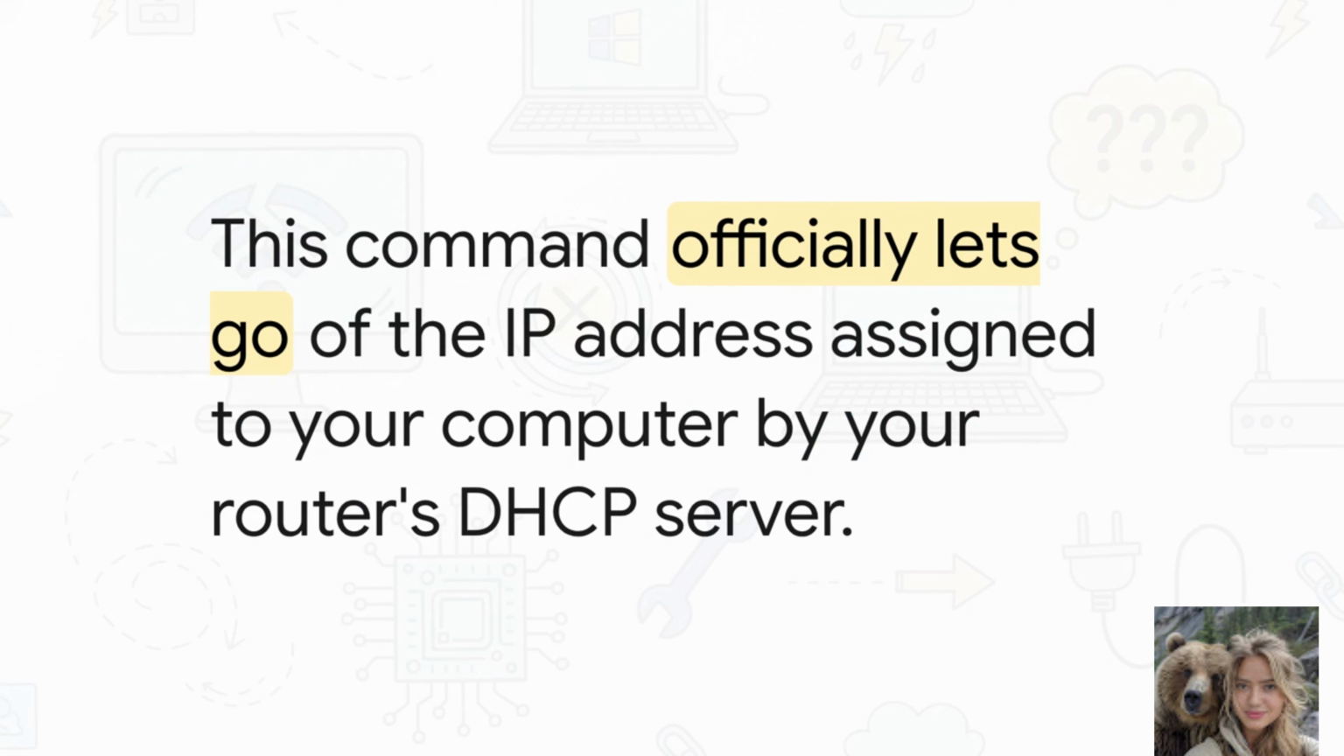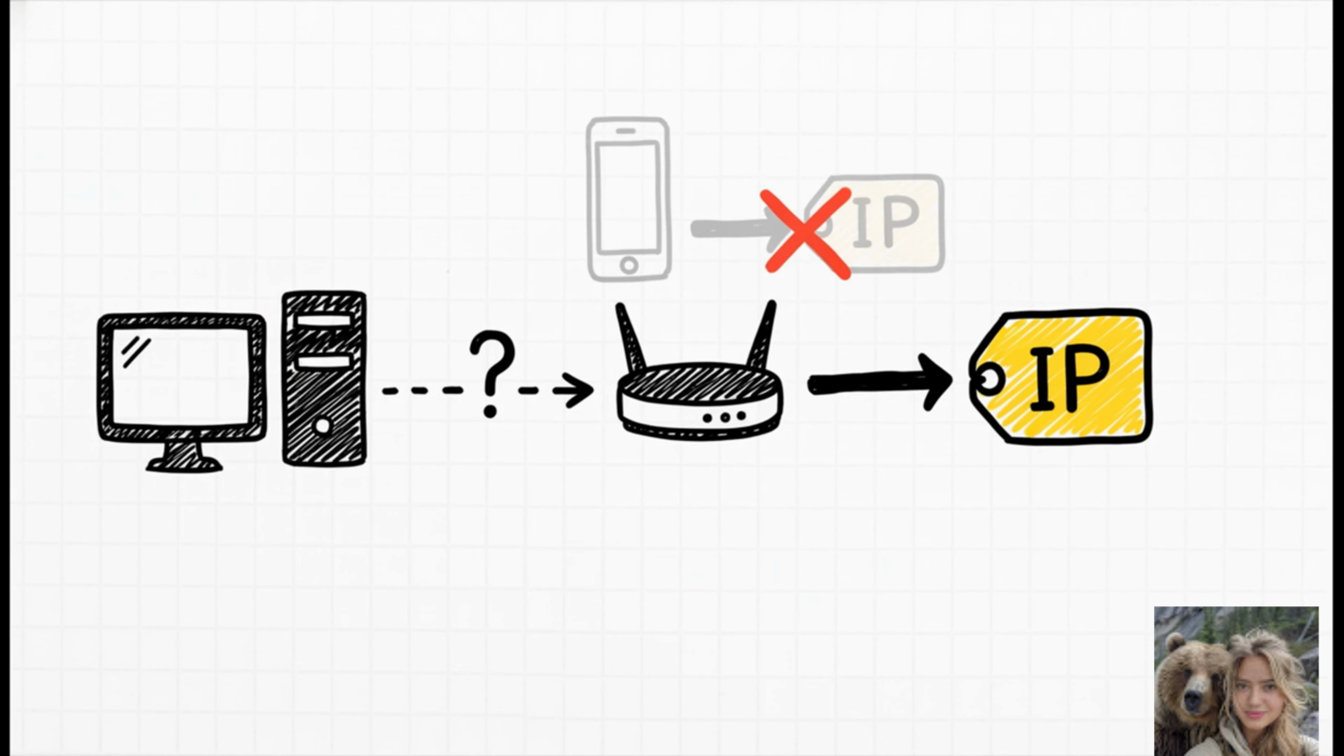ipconfig/release. This is a really simple but powerful command. You're basically sending a message to your router that says, hey, I'm officially letting go of the IP address you gave me. It's kind of like hanging up a phone call before dialing again, just to make sure you get a clean break. And you guessed it, right after we release, we run this,